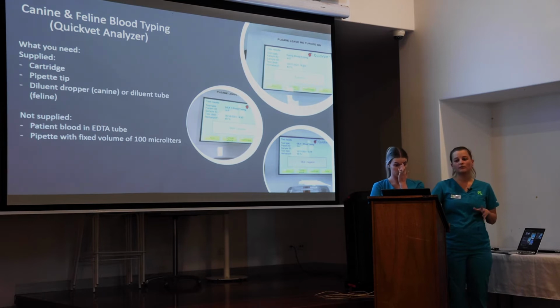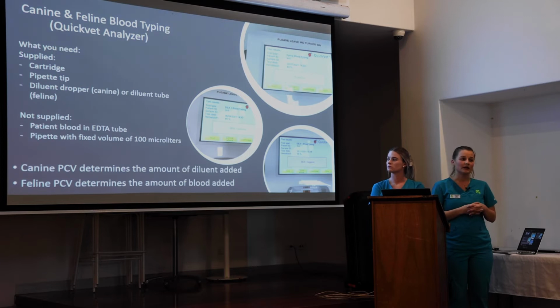Feline blood typing with your quick vet machines is almost identical. Instead of the diluent amount being dependent on your patient's PCV, it's actually the blood amount. So as I would have mentioned before, you have a diluent vial instead of a diluent dropper for your felines, so your diluent amount is set. That does not change. So once you've entered your patient's PCV, the machine will ask you to add your patient's